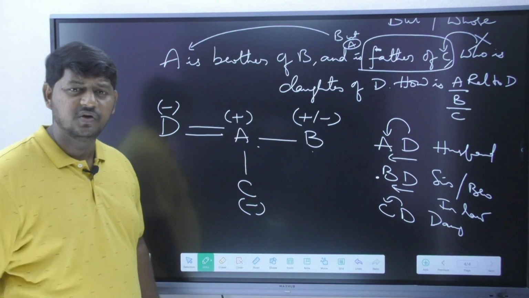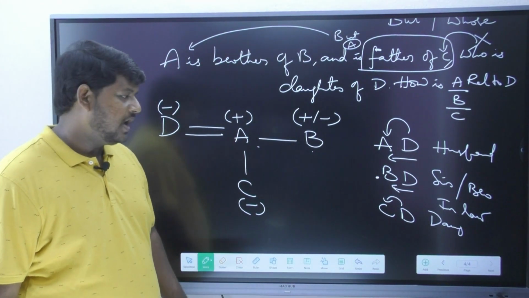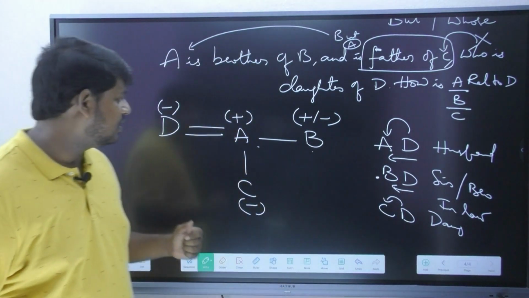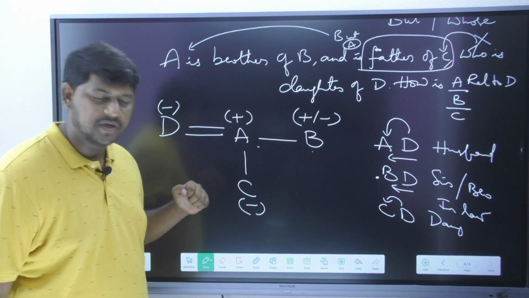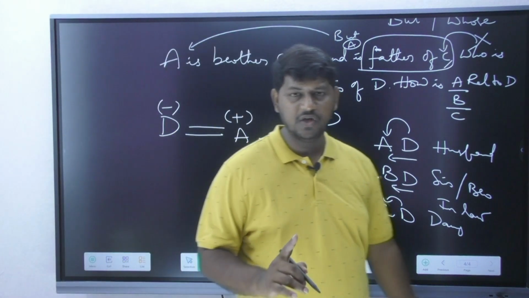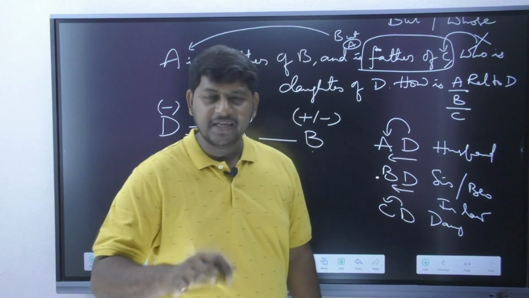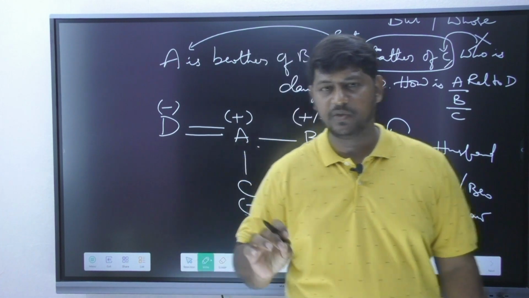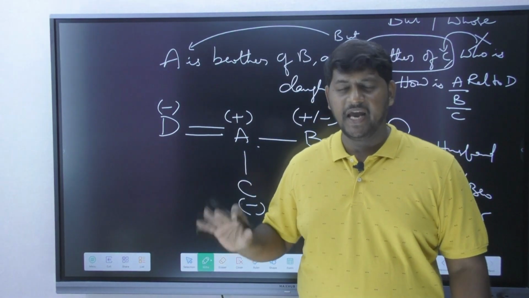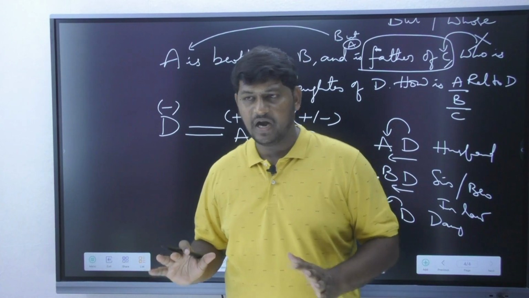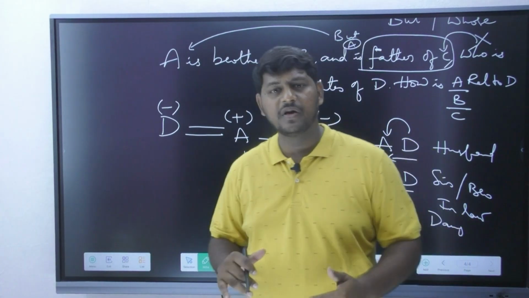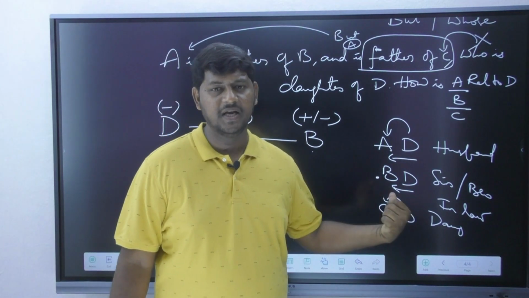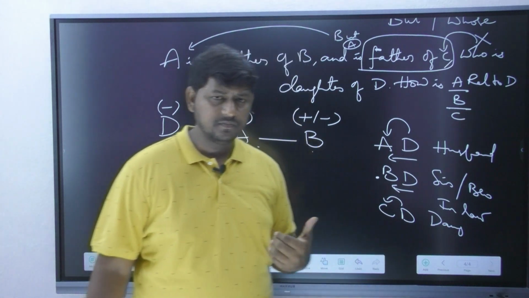But imagine again you misunderstood the question and you went from the left side person's point of view, that is C to D. What are you going to call from C to D? Your answer becomes mother. So I'm telling you very clearly, it is a two-way relationship, and if you misunderstood the question, that option is going to be there in the first option only. In case you do not see that option after solving your question, then you will recall, yes, I have made some mistake. Instead of going from my right side, I went from my left side. Then you are going to change your answer.